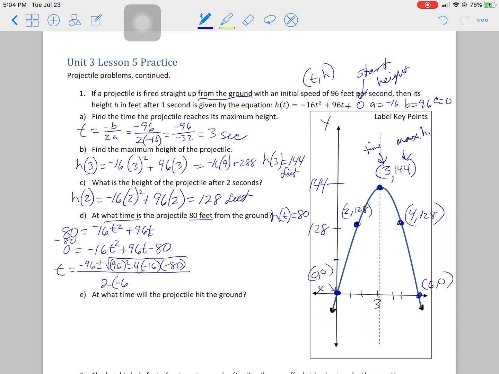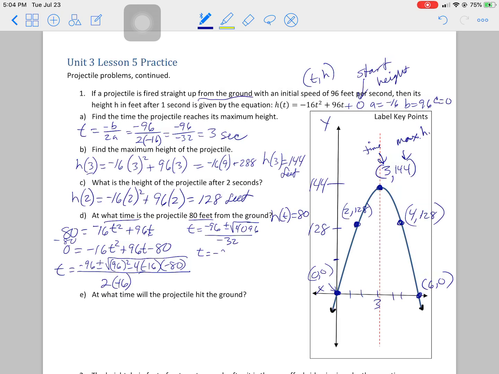over 2 times a. All right, this is going to be t equals negative 96 plus or minus, what is my discriminant? 96 times 96 minus 4 times negative 16 times negative 80. I did this before, so this should come out to that number. And this is over negative 32. Now this is,